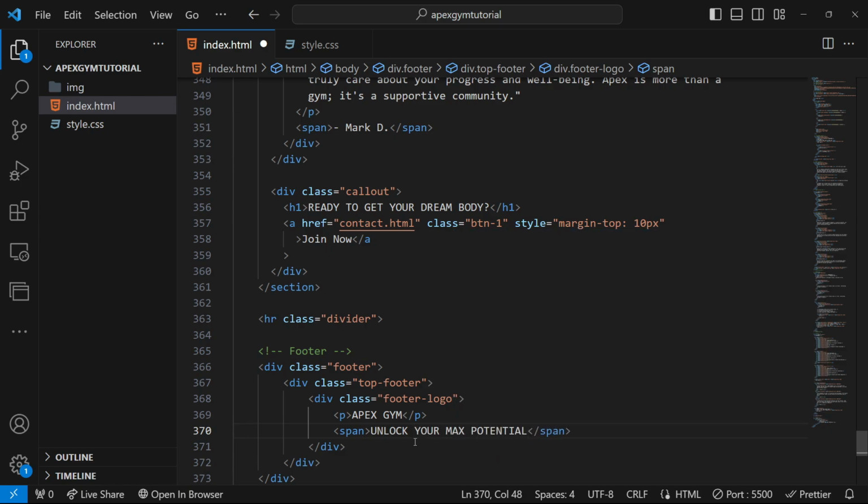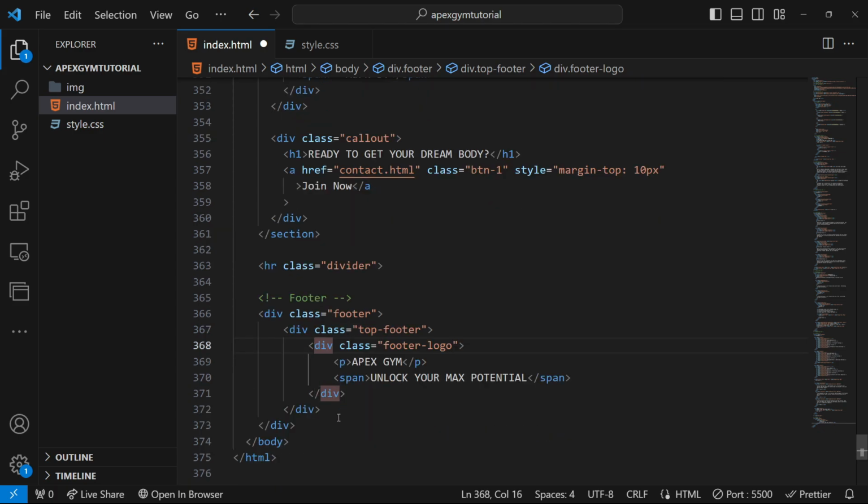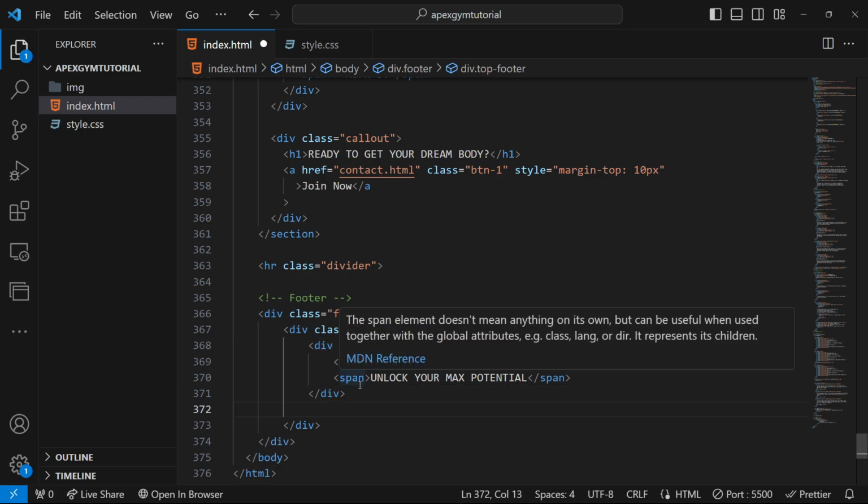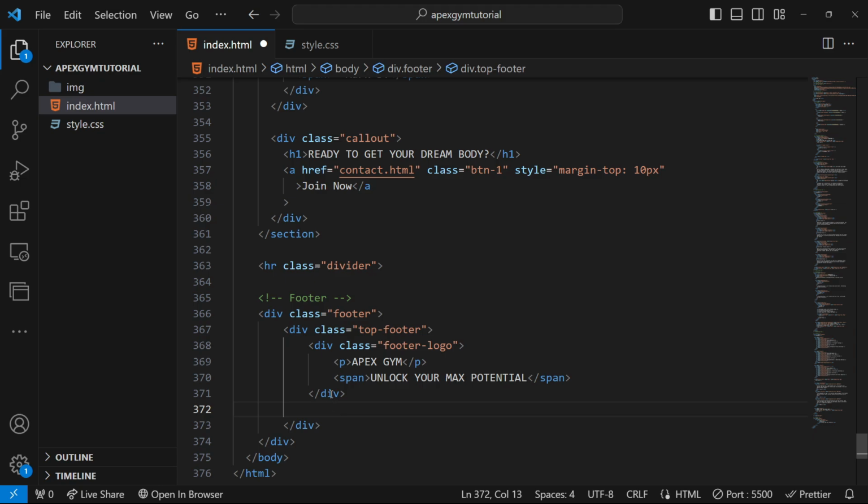There we go. And just below the footer logo we will have the footer links,